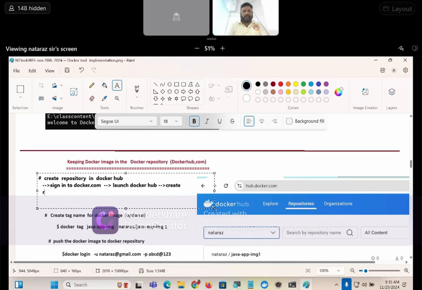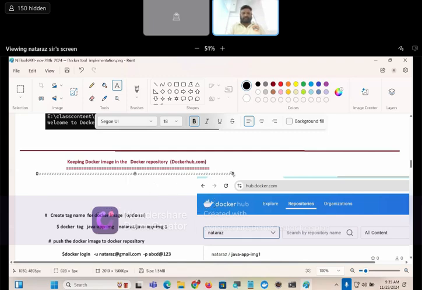Next, create repository. Create repository. Name. What's the name we decided to take? FS903 repo. SS903 repo create. This is done now, guys. Okay. After this,